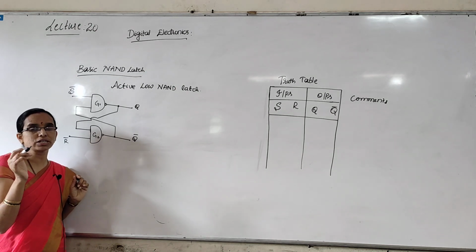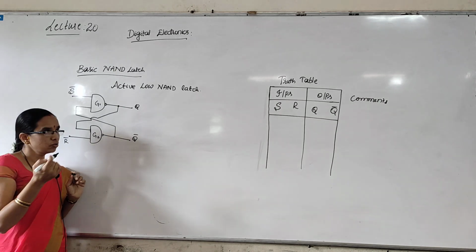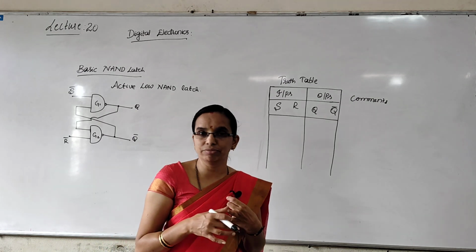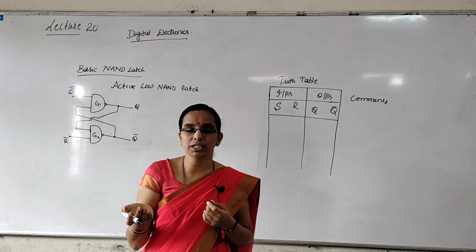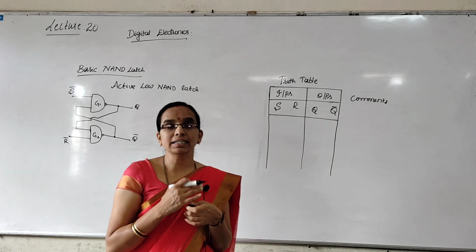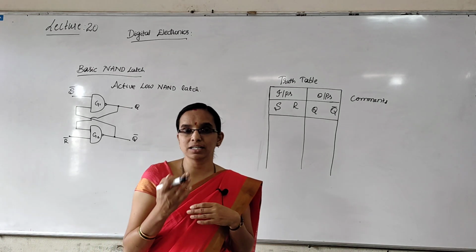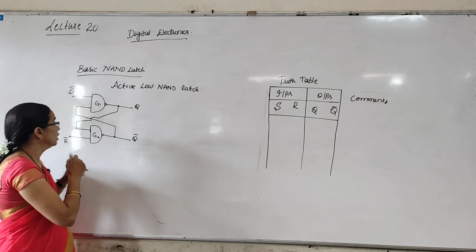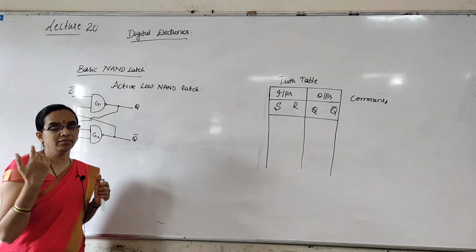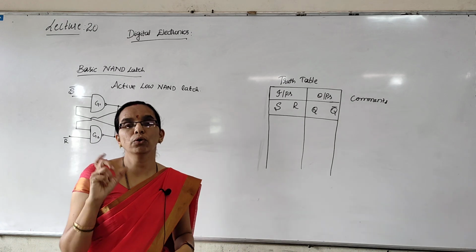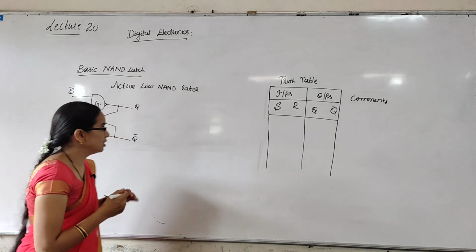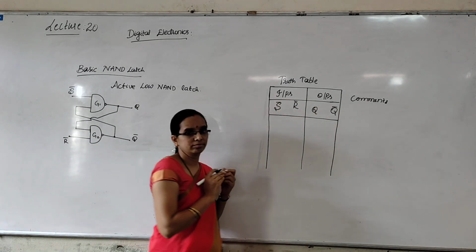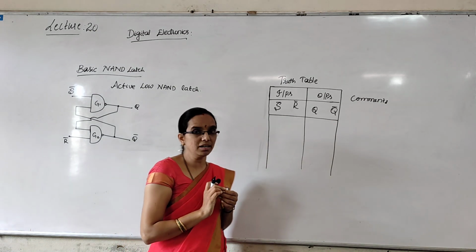When you make S is equal to 0, S bar will be equal to 1 at that time. In further study of digital electronics you will get to know what active low and active high are, like positive logic and negative logic that we have studied, and why they are required. For now, we only have to remember that active low inputs get activated when you give low inputs. So let us forget about that, and just treat the inputs as S bar and R bar only.